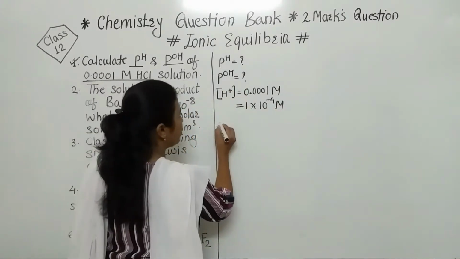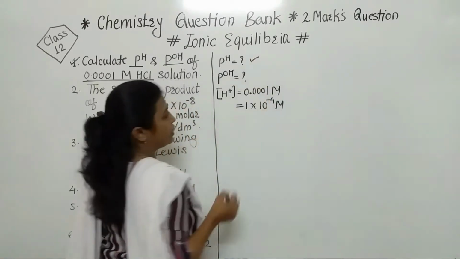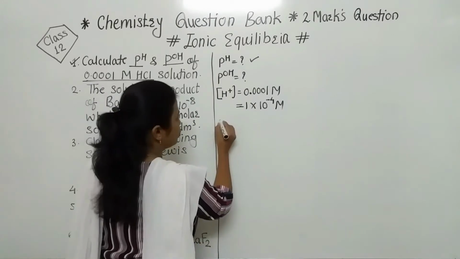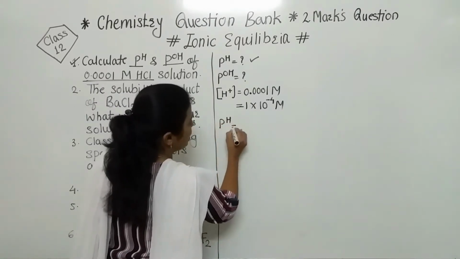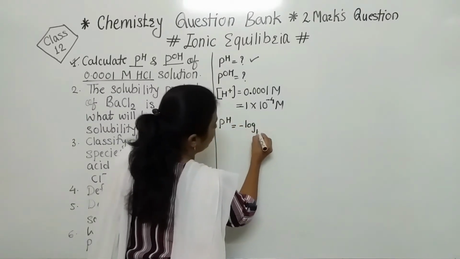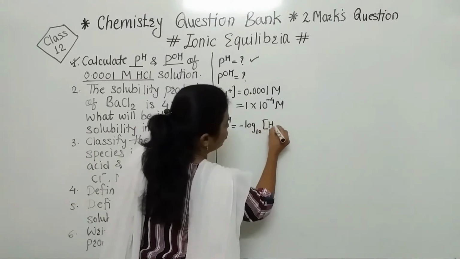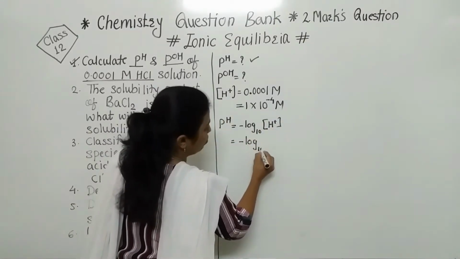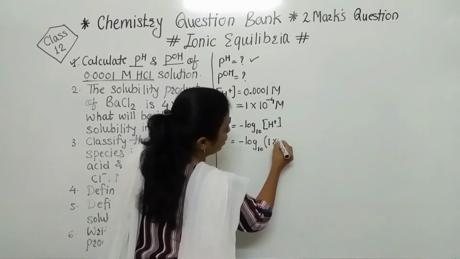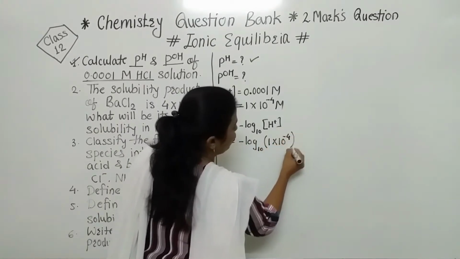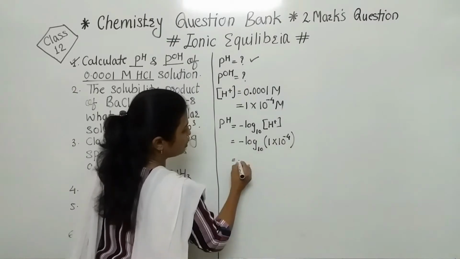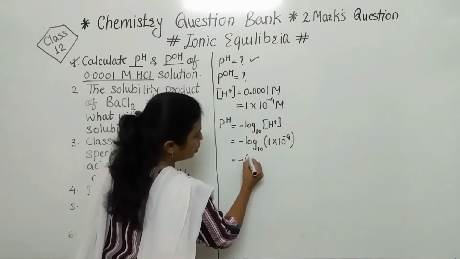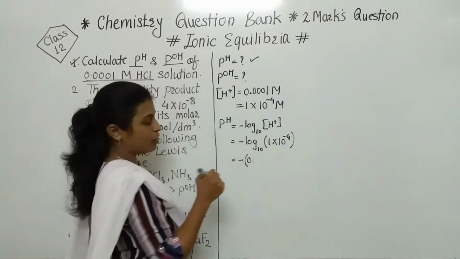Now which formula do we have to use? Firstly we have to find the pH, and after that we can find the pOH. For that, the pH formula is minus log to the base 10 of hydrogen ion concentration. So minus log to the base 10 of 1 into 10 raised to minus 4. In this way, after simplification, we are getting here minus 0, because log of 1 is always